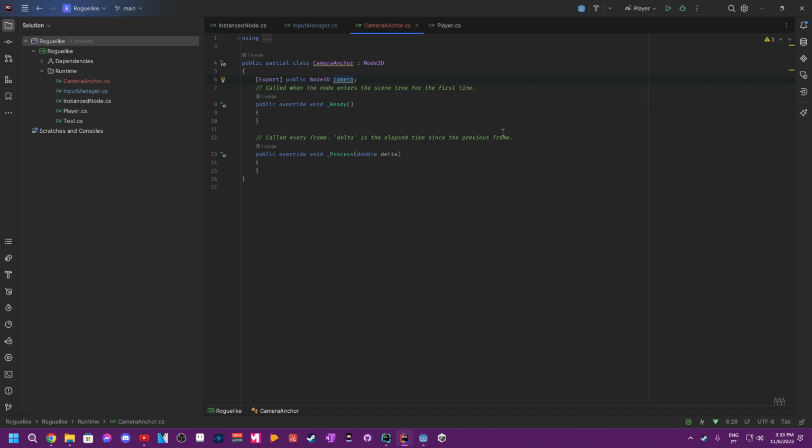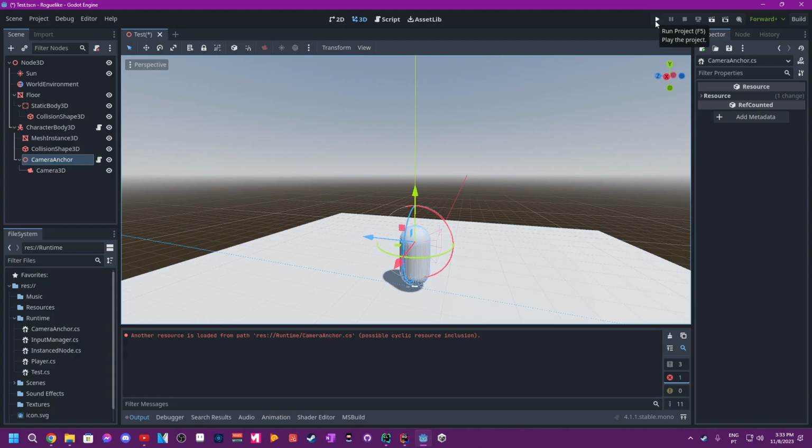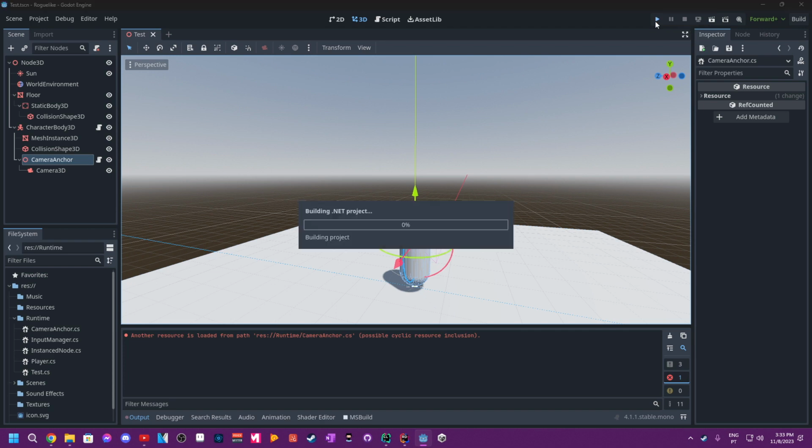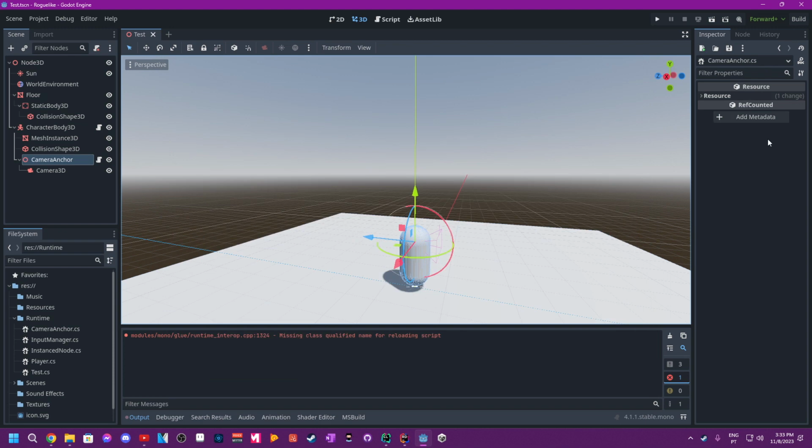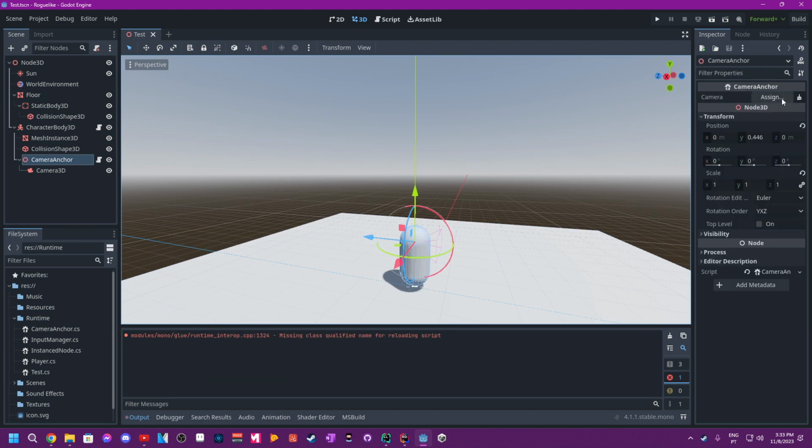Basically, just to have that separation. When you are exporting a variable, you sometimes might not see it at first, so you might need to run the project and then you will see the export reference. Yeah, there it is. So now if I go into here, I'm going to assign it the camera 3D object,